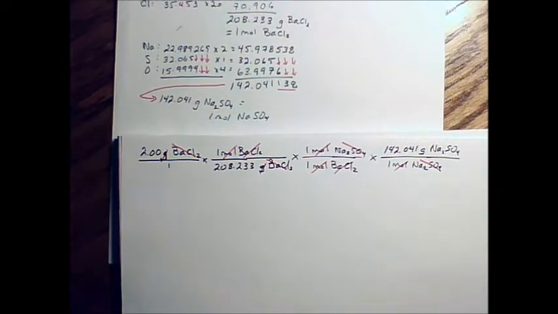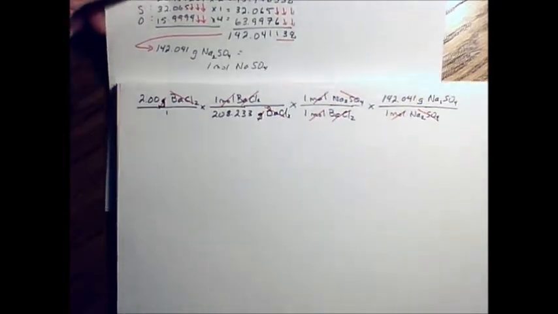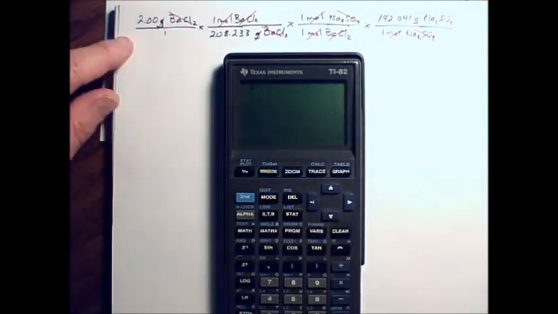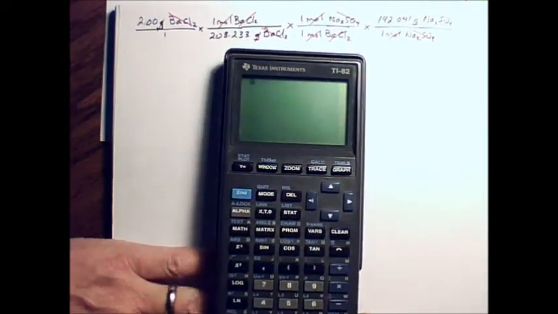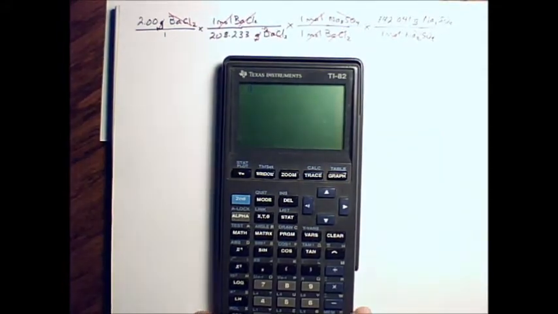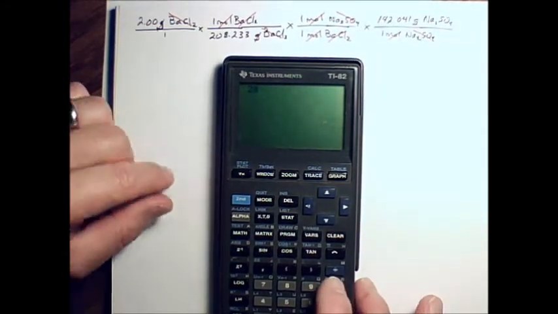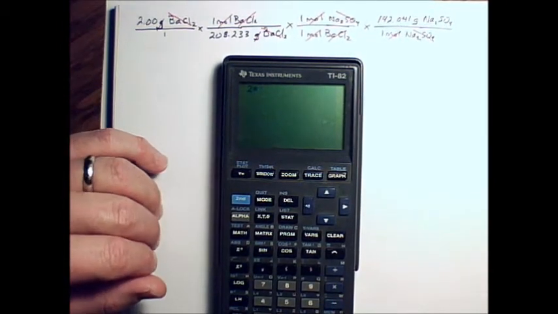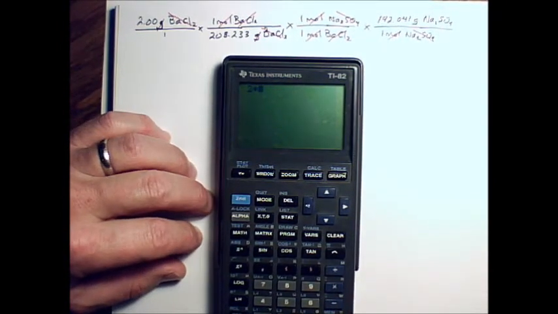Okay, and now we're ready to do the math. All right, so what we're going to do here is multiply everything across the top. So 2 multiplying times 1 just gives us the same answer. I'm going to leave out the ones. 2 times, let's see,